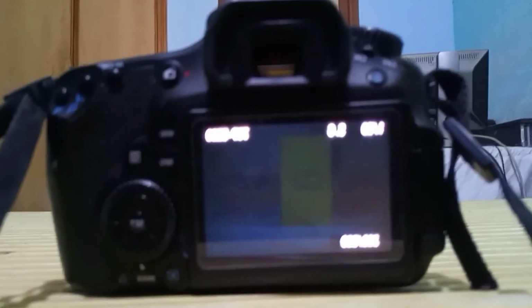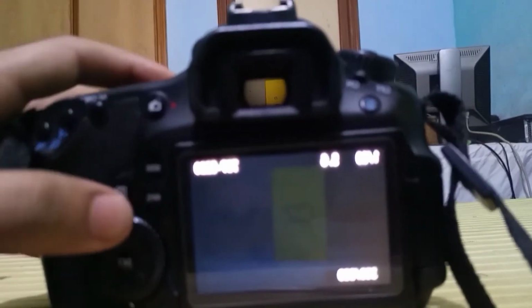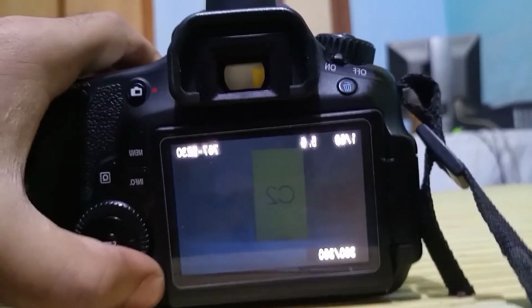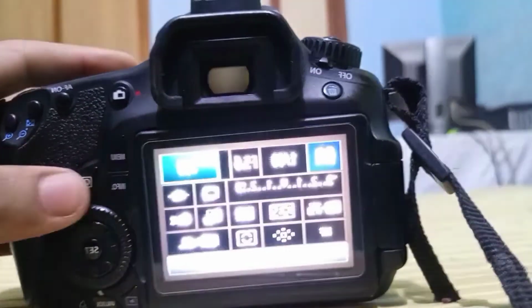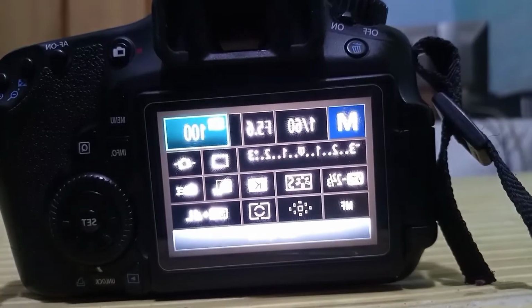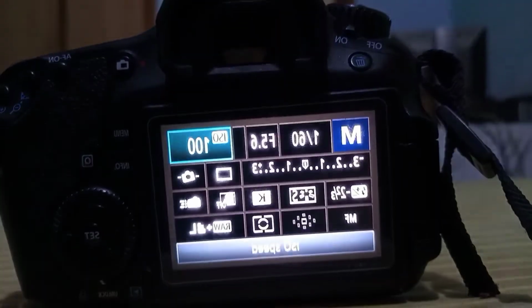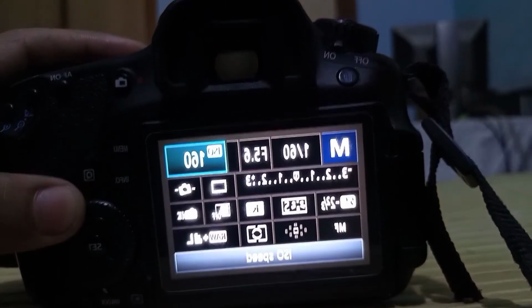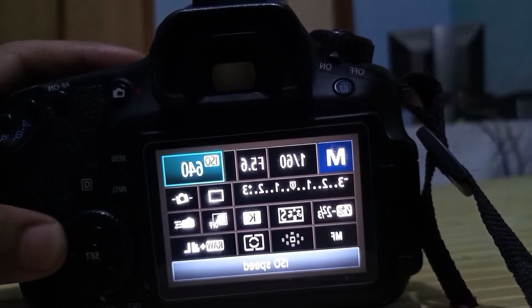So this picture is clicked at minimum ISO, and now we increase our ISO and then we will see what changes. So here is ISO 100 and we increase to 1000.